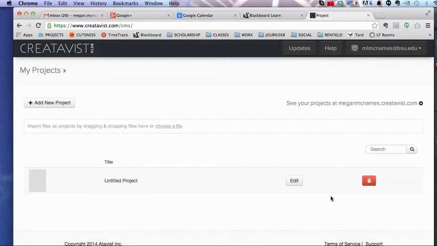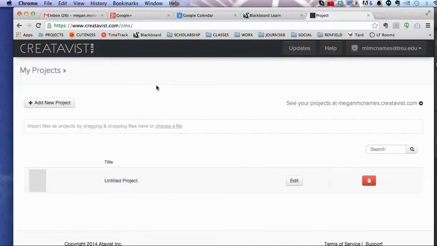It's a really great tool for presenting pictures, but it does much more than that. If you only put pictures on your page, you're really not unleashing the power of Creatavist. It's a platform. You can do so much more than put pictures. So I want to show you how you can use Creatavist in a little bit more creative way than just showing your pictures. So all I did here is I went to creatavist.com and I signed up for a new